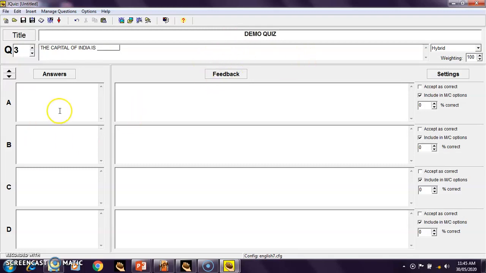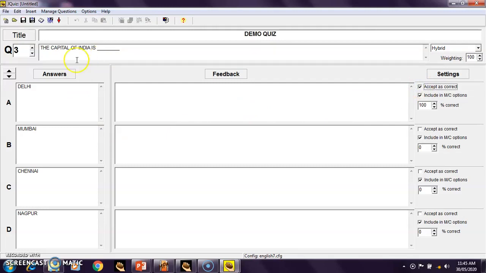Write options here. Delhi, Mumbai, Chennai. Let's add one more option, that is Nagpur. So the correct answer is Delhi. So I am accepting it here as the correct answer.